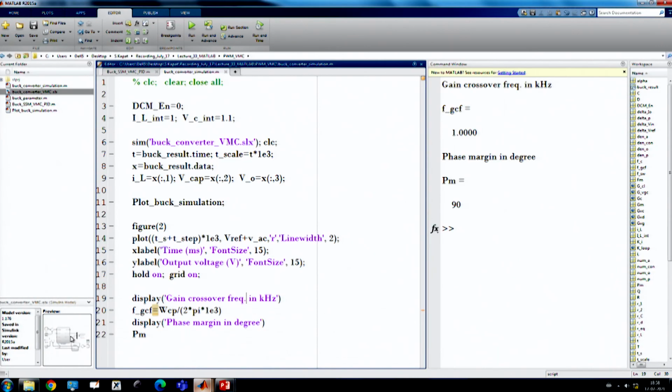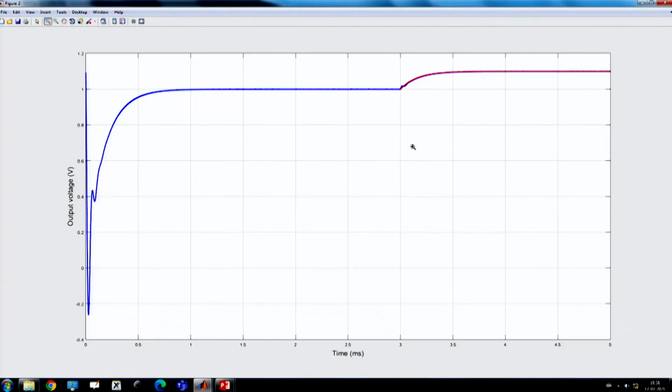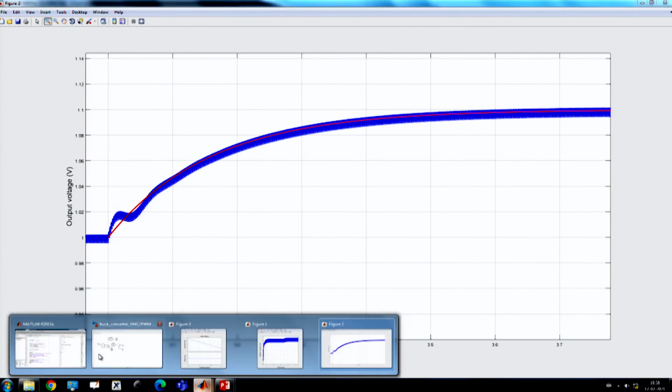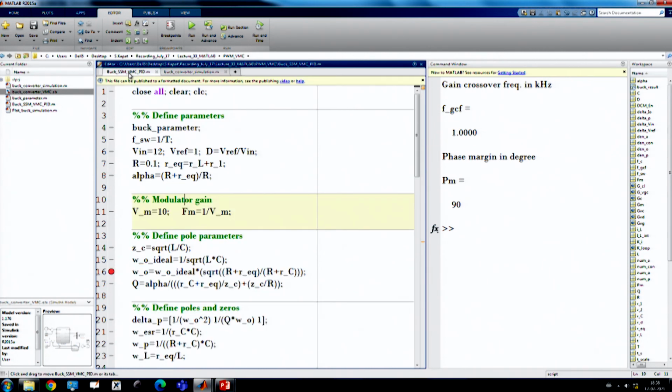So that means there is a model limit when you go for closed loop performance, particularly for reference voltage transient. In order to get some desirable response, we need to limit the bandwidth to 1 by 500 times the switching frequency, which is very slow. But if we go to load transient response,